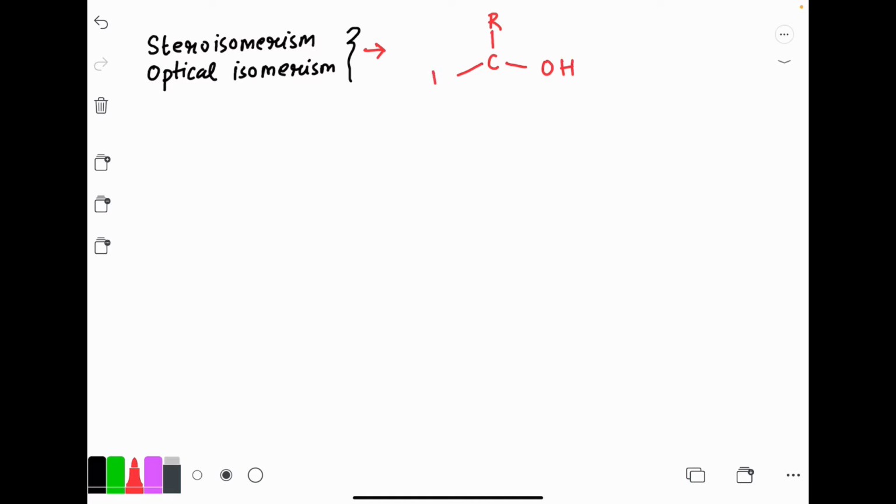Okay, so in a chiral carbon, four different groups are attached to a single carbon atom, and this results in an asymmetry. This carbon is known as the asymmetric carbon or chiral carbon. Now, if a chiral carbon is present in a carbohydrate, suppose we take the example of glucose, the structure is like this, the straight chain form.